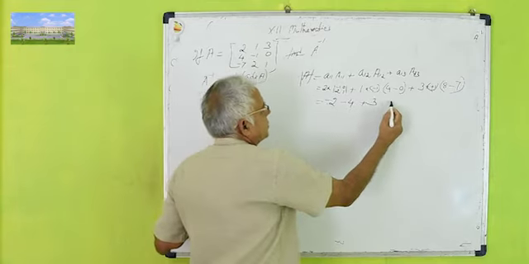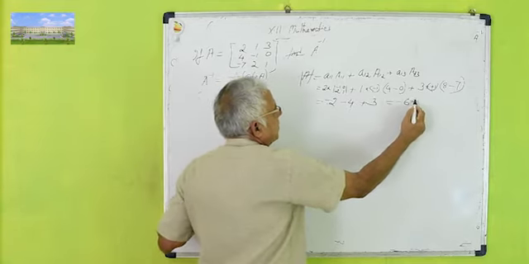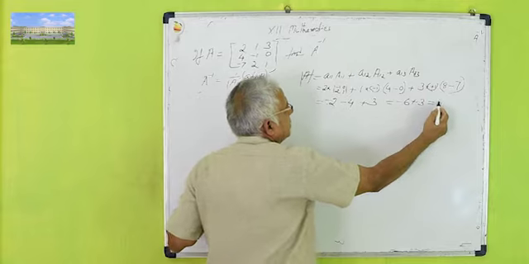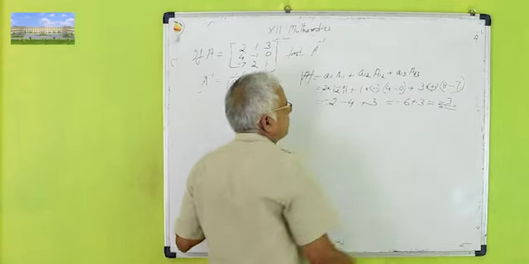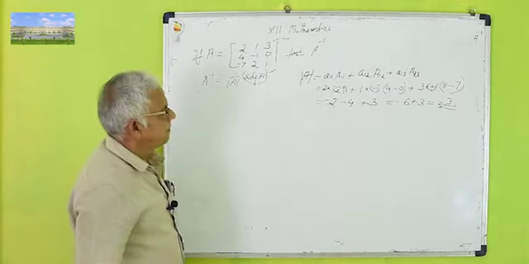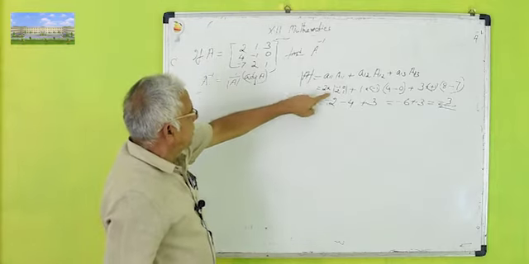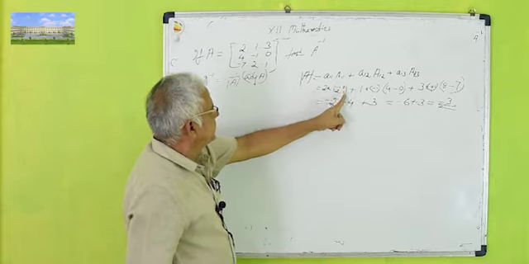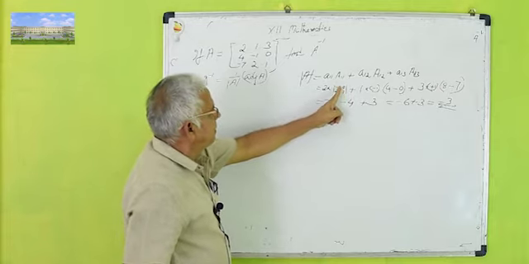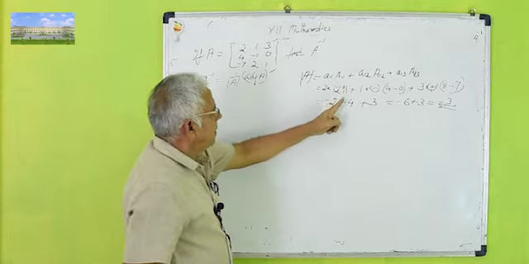So minus 6 plus 3 is equal to minus 3. So from here the result is A11 is minus 1